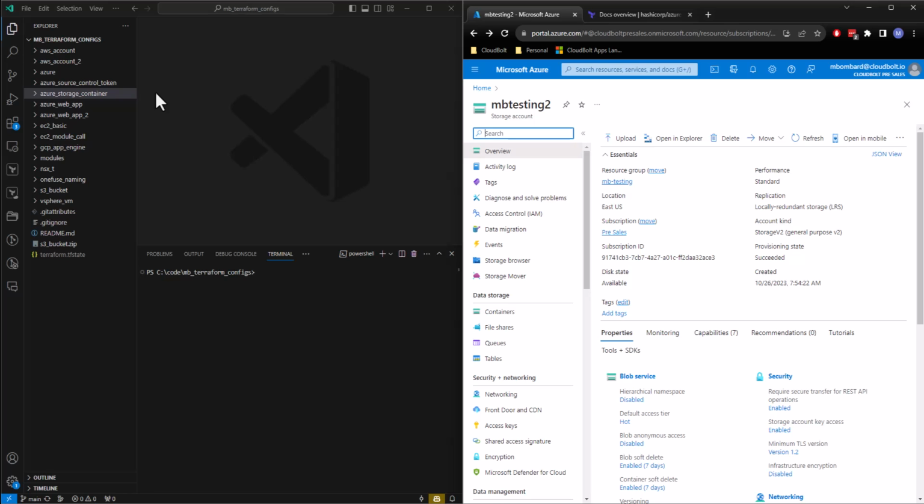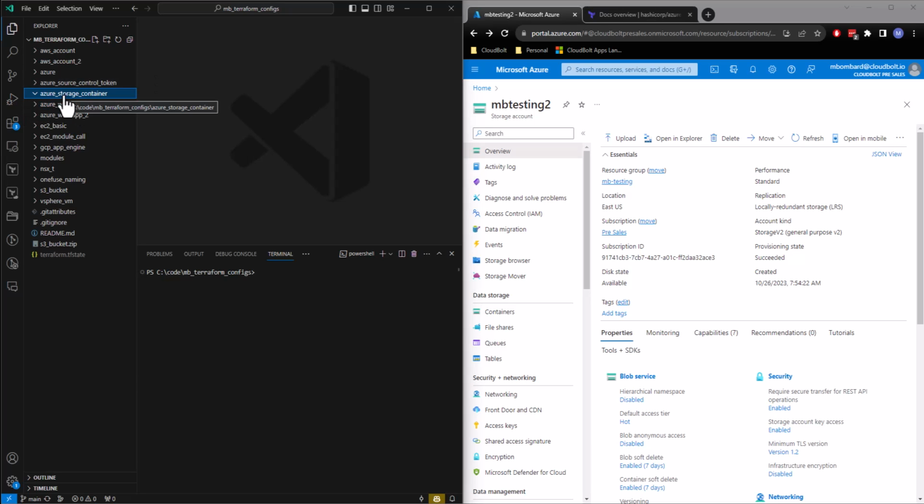I am by no means an expert in Azure storage solutions, so you may find a far better way of doing this. This is just a basic way to get started. Again, Terraform and those kinds of things. Typically the way that I build these, I usually have at